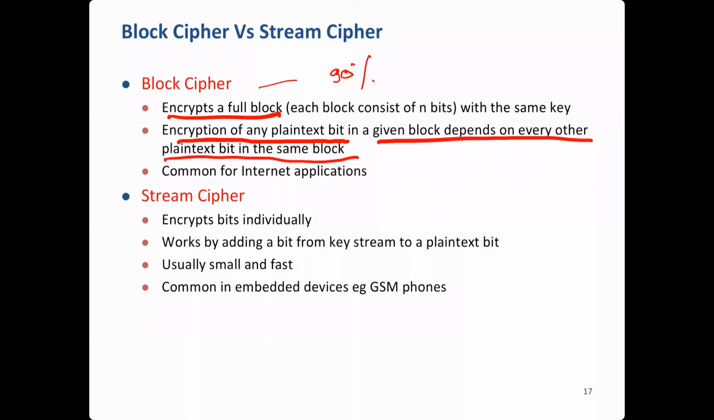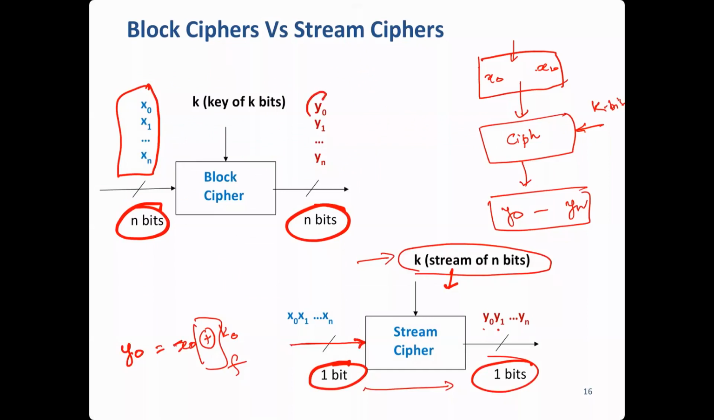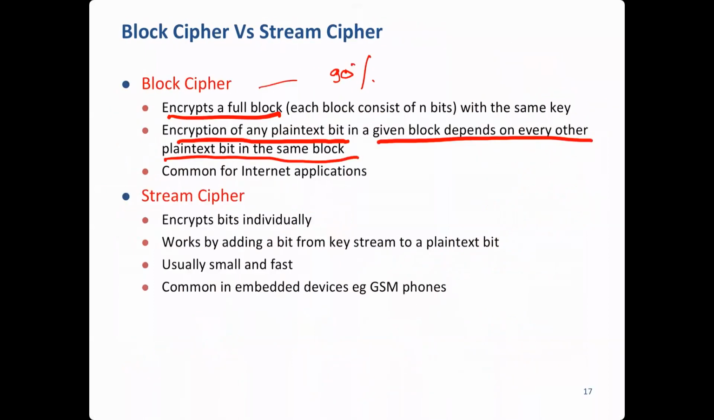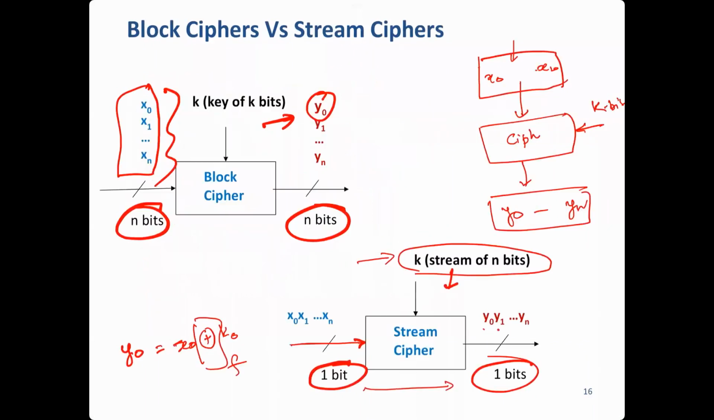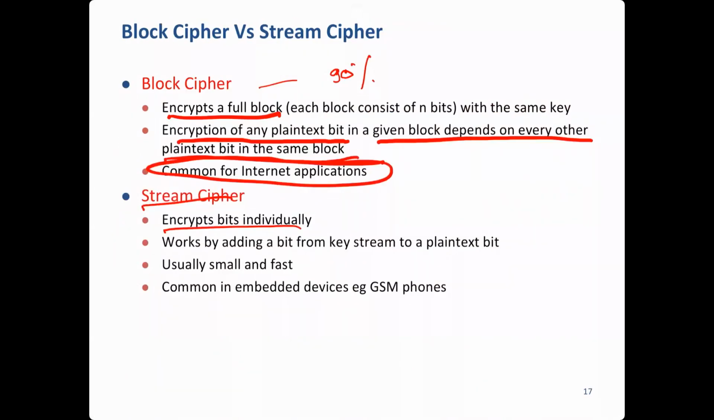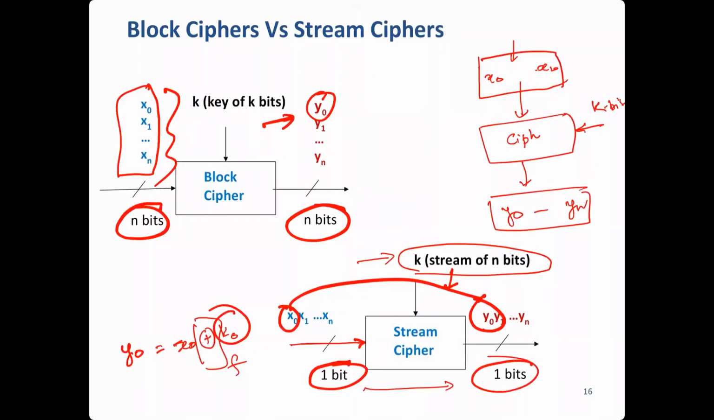So when we are encrypting something, for example y0, the output y0 depends on all of this. All right, so it's very commonly used for internet applications. Now a stream cipher encrypts bits individually, as we have seen here, x0 to y0. It works by adding a bit from the key stream to the plain text bit, right? Basically you use the key here and then use some function,